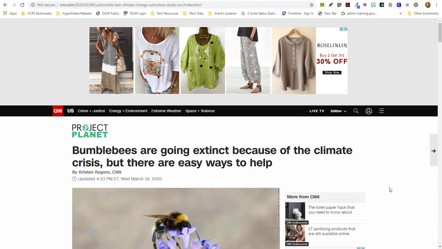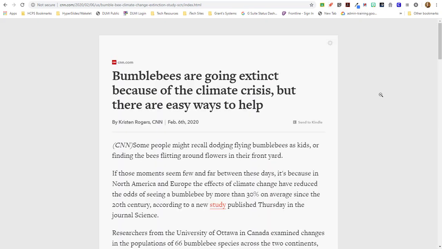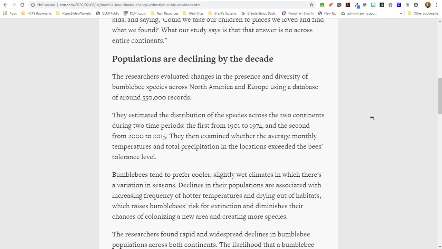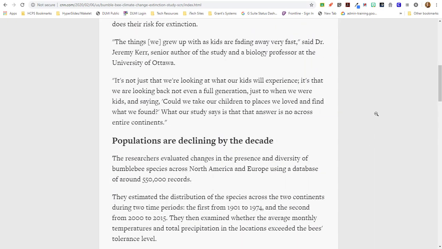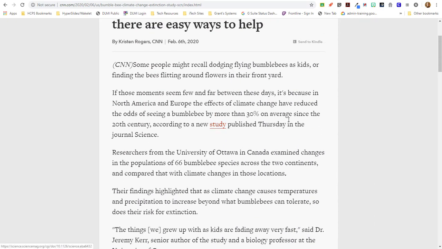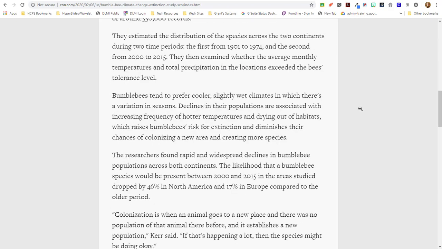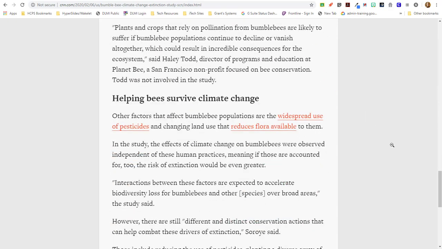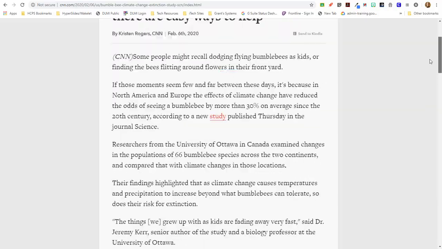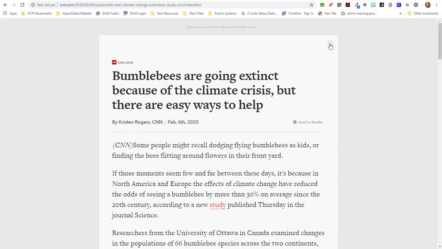So what you do with Mercury Reader is you go up to the top when you're on an article. You click on the button, and if it is a site that allows Mercury Reader to strip out the text, you'll notice it puts it in this fantastic view that looks a lot like a PDF. It keeps the links, so you'll notice anywhere there was a link, it kept it, and it puts it in this wonderful view. So some things that you have at the top that can help you, there's a settings bar,